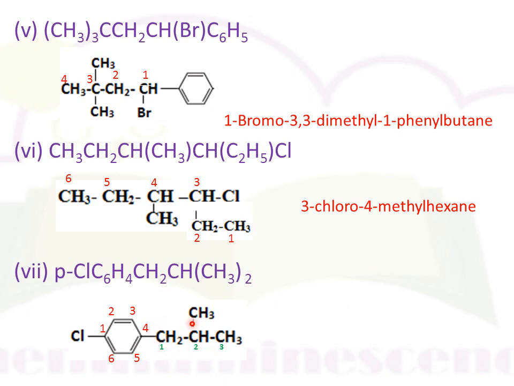Hence there are two substituents. One name is 2-methyl-propyl, another one is 1-chloro. Now put all this together, and the parent group is benzene. Therefore the name of the compound is 1-chloro. At 4th position, this substituent is present, hence indicate it by locant 4 in bracket 2-methyl-propyl, bracket complete, and the parent compound is benzene, hence its name as benzene. Now the next compound is this one.